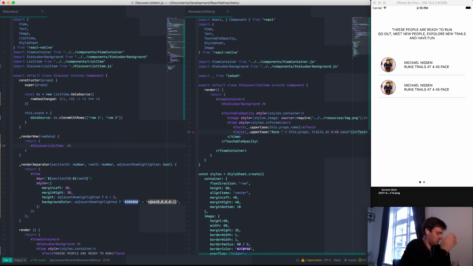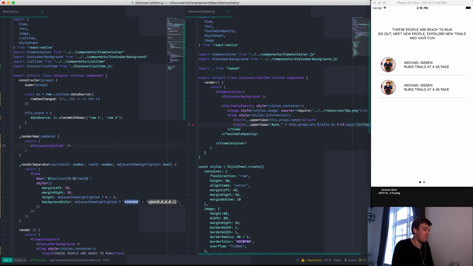Trails, shit. Environment? No. Yeah, let's call it env. Plus